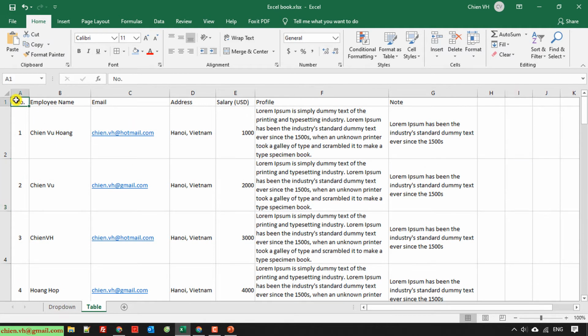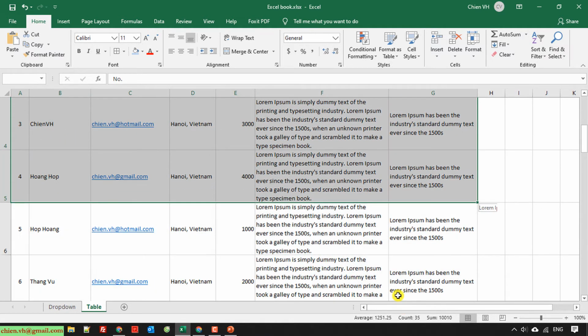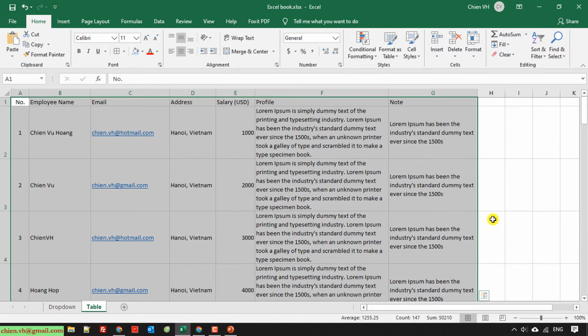So now I will select all of the data in this table. I have 21 rows here. Now we are going to do some formatting for this table. Because by default the table does not look good, and if you deliver this table of data to someone, it's not good. So you should do some formatting for it before you deliver it to any person in the team or even your management. Click on the Home tab,